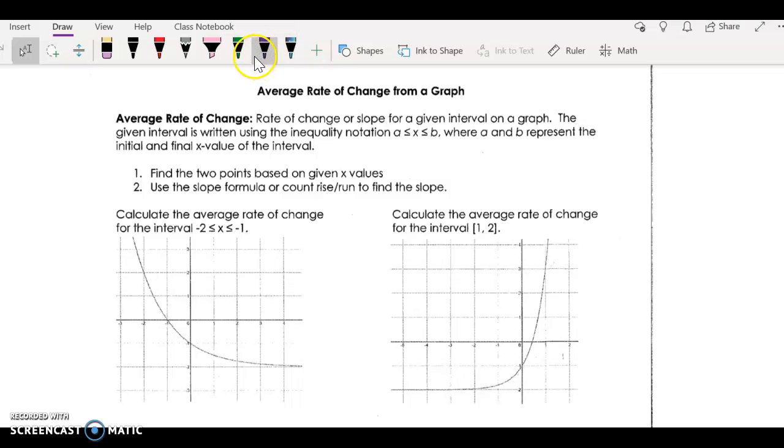In this video, we're going to talk about average rate of change. Average rate of change is just a fancy way of saying slope for a given interval on a graph. The reason we call it the average rate of change is because when the graph is a curve, it does not have a constant rate of change. It's variable across the entire function. So we have to decide which part of the graph we want to find the steepness for, and that part